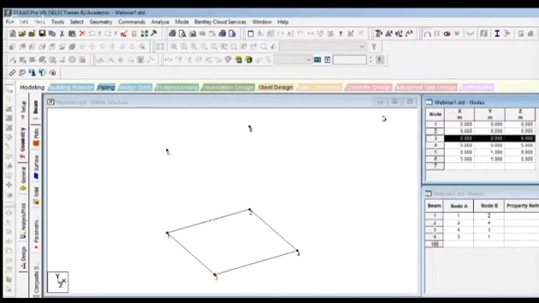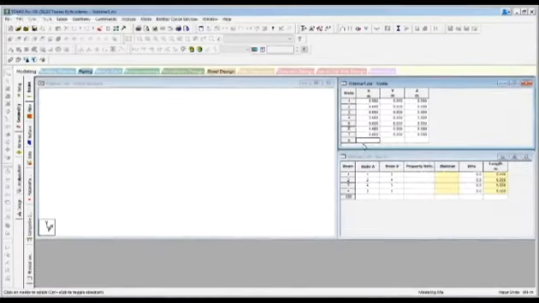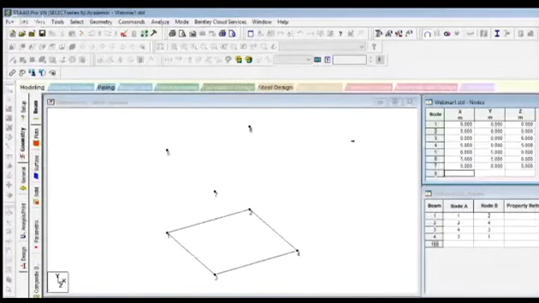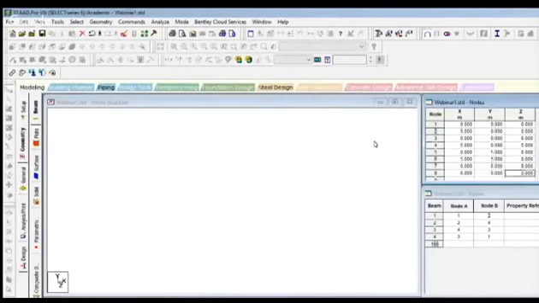Node number 3, 0, comma 0, comma 5. So the coordinates will be 0, comma 5, comma 5. Node 7 is also created. Now give me the coordinate of node 8, which will be above node 4. Where is node 4? See, 5, comma 0, comma 5. So it will be 5, comma 5, comma 5.